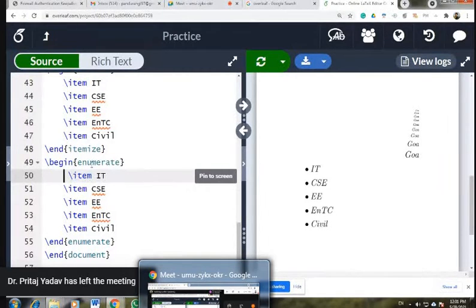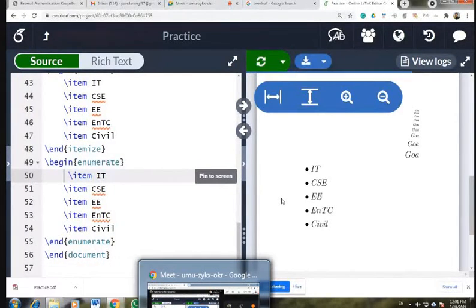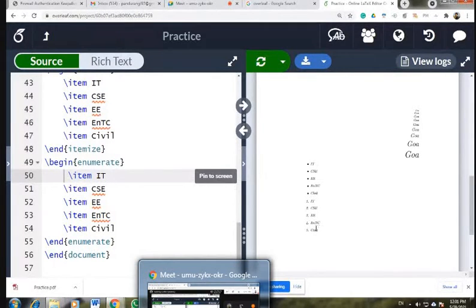Begin enumerate and end enumerate environment is used to have numbered bullets. You can see, 1, 2, 3, 4, 5. So these are the numbered bullets, right?